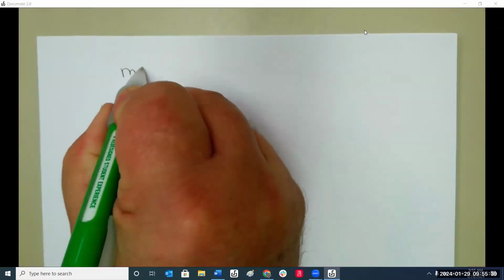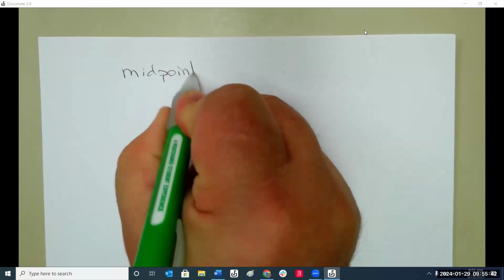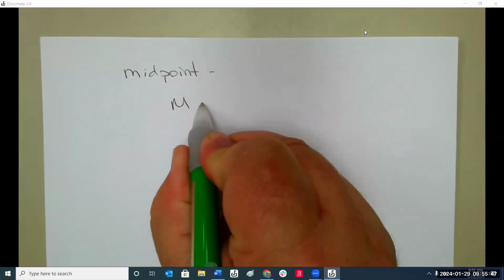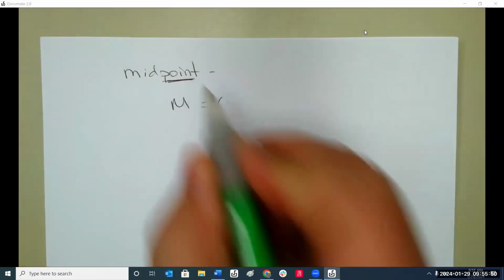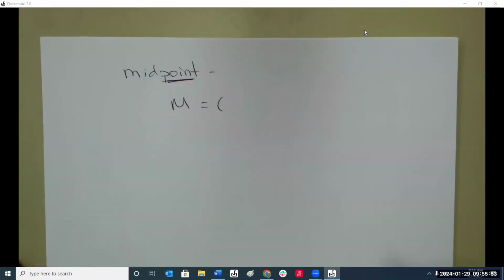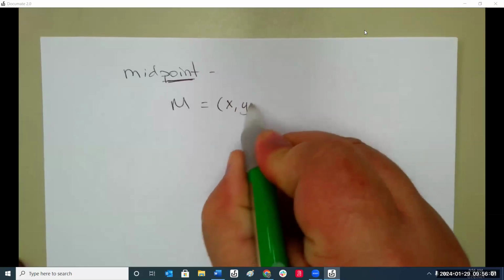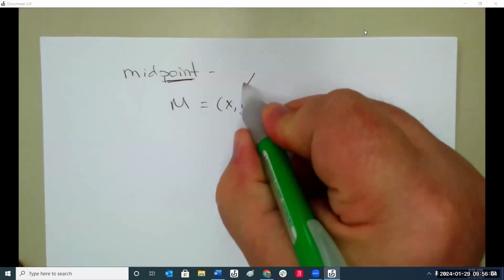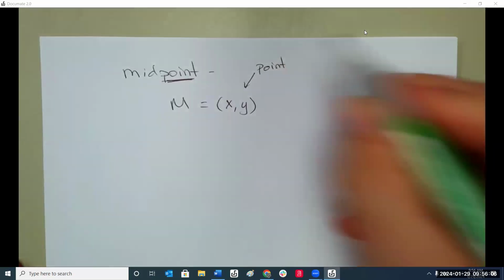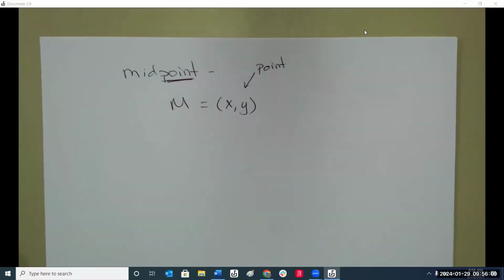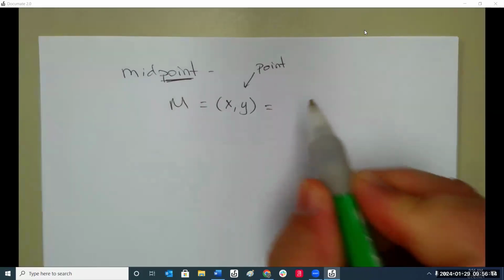So midpoint. What letter do we use? Capital M. Very good. Remember, it's a point. What does a point look like? It has an X and a Y component. That, by definition, is a point. Now, to figure out the formula for this,